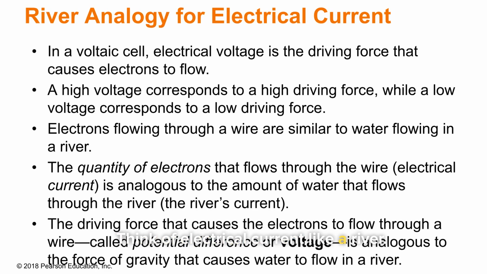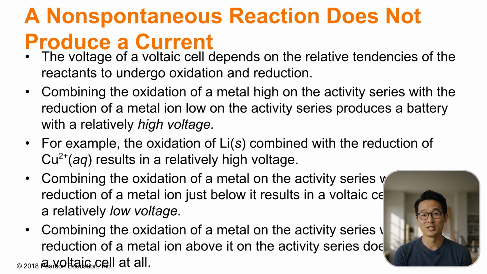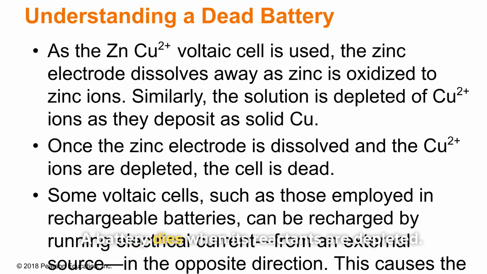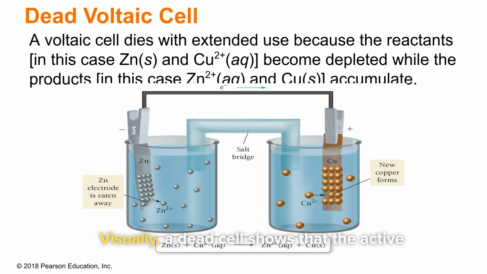Think of electrical current like a river. Voltage is the potential difference, similar to the force of gravity, while the current represents the actual flow of electrons through the system. The voltage produced depends on the reactant's relative tendencies for oxidation and reduction. If a reaction is not spontaneous, such as trying to oxidize copper with lithium ions, no current will be produced. A battery dies when its reactants are depleted. In rechargeable batteries, however, we can apply an external electrical current to drive the reaction in reverse, regenerating the original reactants. Visually, a dead cell shows that the active materials have been consumed, replaced by reaction products that accumulate at